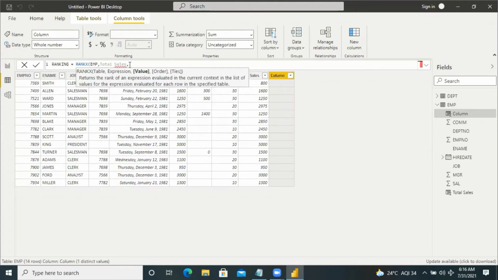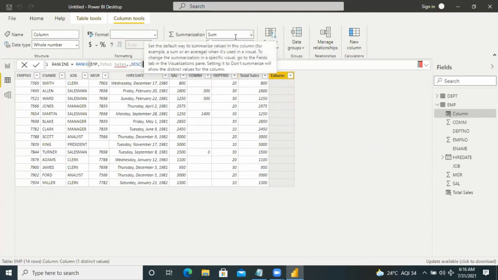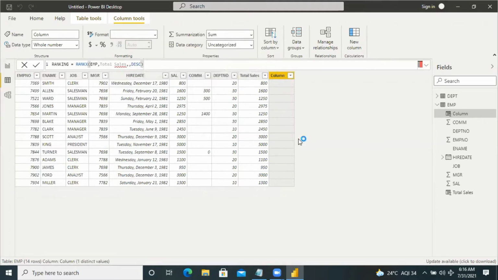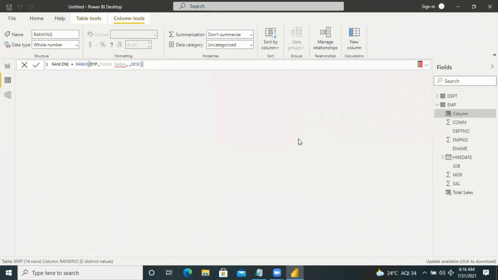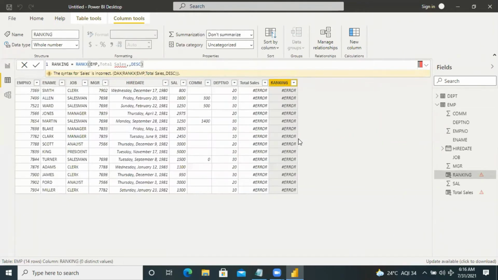Comma, value. Here I'm skipping this one, then descending order. Total sales is incorrect.